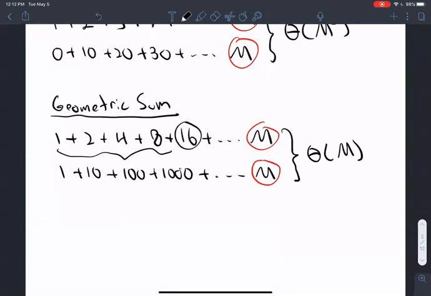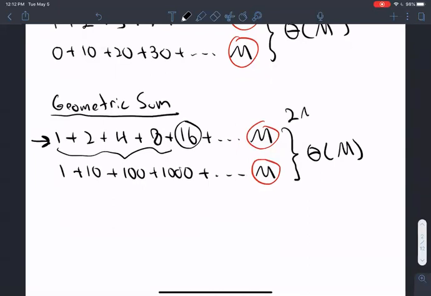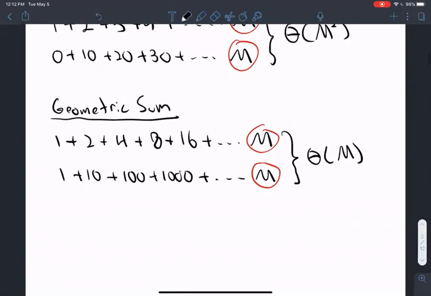So you'd get 15 on the left side, and then 16 is bigger than all of them, and that's true for anything. So the sum of the first m terms of this geometric series is less than the next term, which would be 2m. If you do that sum by hand, you'll see that's always true. It's only for the case of 2, but the theta notation holds regardless. As long as you know this sum is theta of m,